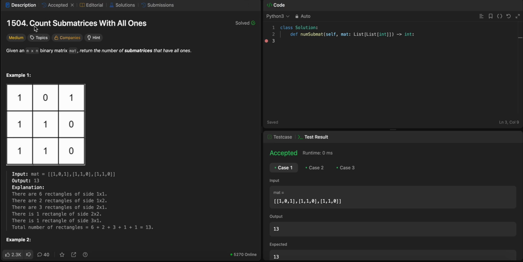So let's solve this problem, which is named Count Submatrices With All Ones. Given an m cross n binary matrix mat, return the number of submatrices that have all ones. So we'll use the concept of dynamic programming to solve this problem. So let's take this sample test case